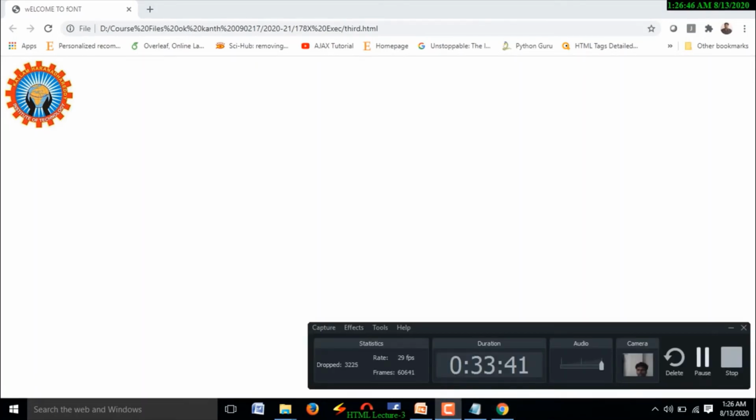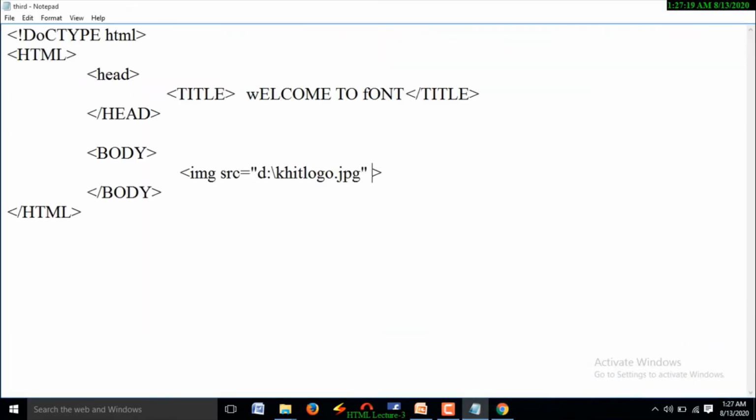At that time, the web page needs to show an alternative text. That is possible by using the alt attribute. Alt is equal to which name you want to display. Instead of this, I am going to display KHIT logo.